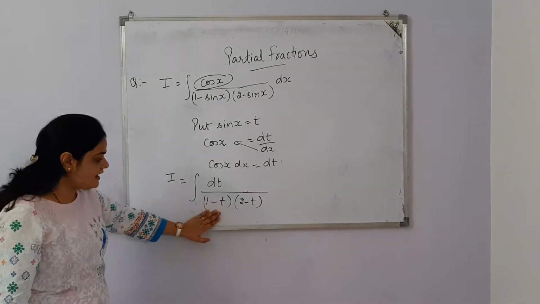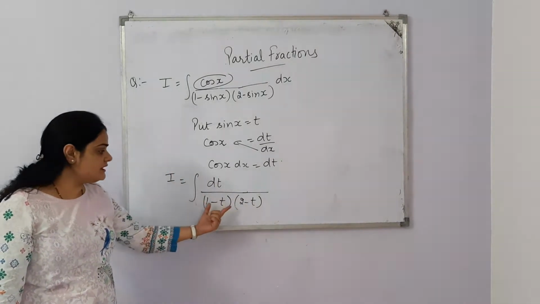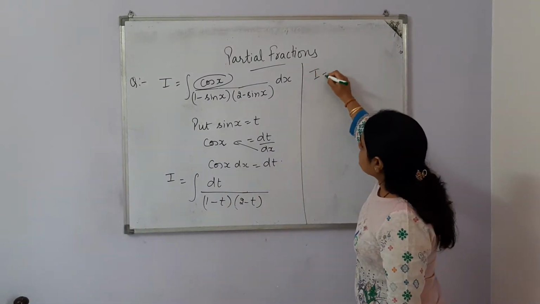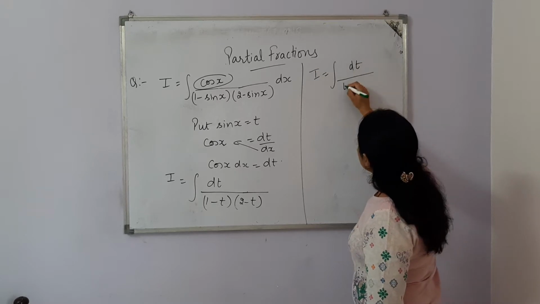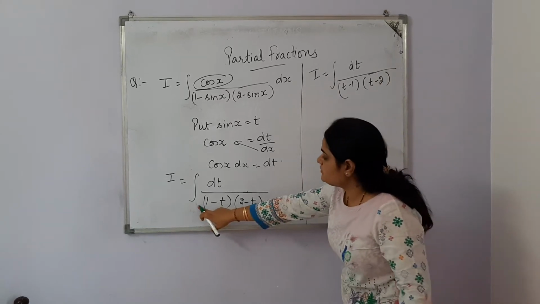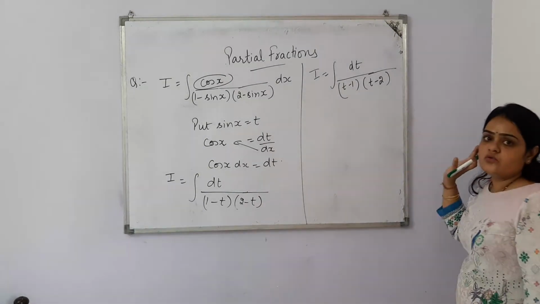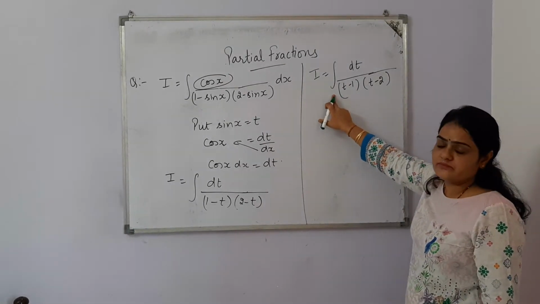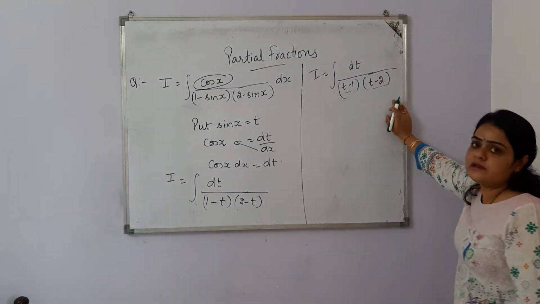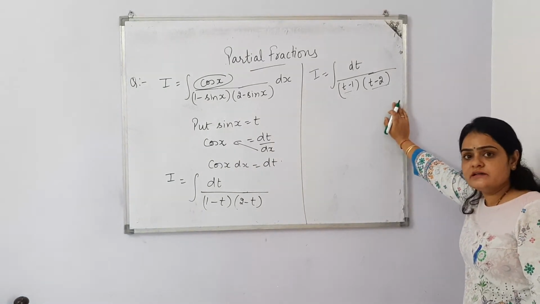Now we have linear factors with variable t: 1 minus t, 2 minus t. Can we take the negative sign as common from the first bracket as well as from the second bracket? I is equal to the integral of dt whole upon t minus 1 whole upon t minus 2. Negative sign from this bracket, negative sign from this bracket, negative will become positive. So no change outside in sign. The changes are inside the bracket, t minus 1 and t minus 2. Now we can segregate and do the question that we already learned in the previous two videos.